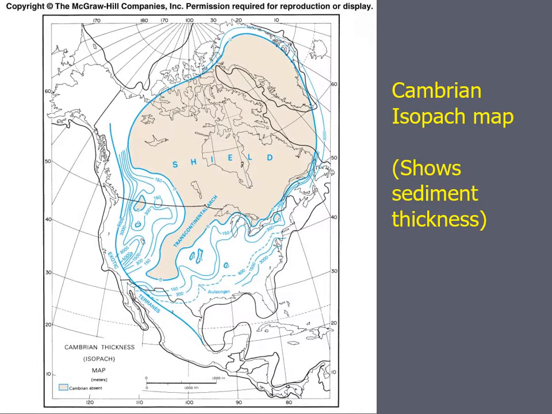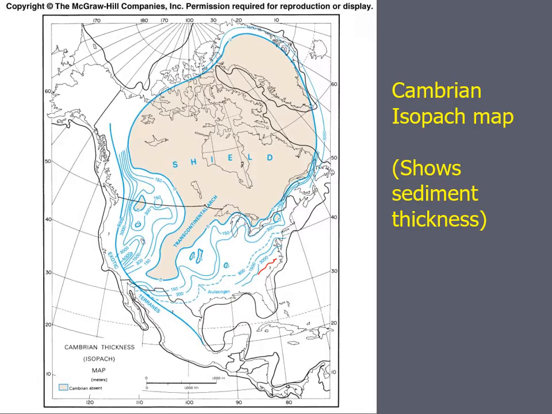Now, this is showing you what's called an isopach map. We already looked at what types of sediments from the Cambrian we have in North America. Let's look at how thick they are. And this is in meters. If you look very carefully right at the shield to transcontinental arch, it's 0 because that's where you have crustal rocks. But as far as sediment packages, we get out to some areas here where those shales are 3,000 meters thick. So these are very, very deep and thick packages of Cambrian sediment.